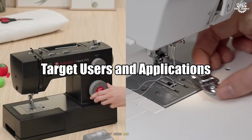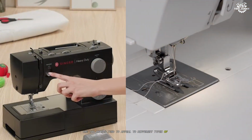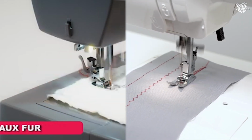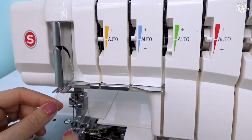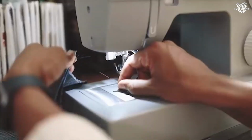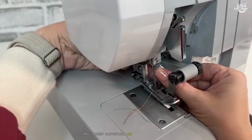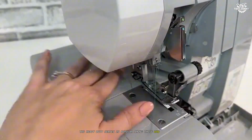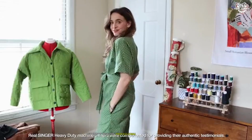Target users and applications. The two brands tend to appeal to different types of sewists based on their needs and experience levels. Singer machines are often recommended for beginners and occasional sewists due to their affordability and ease of use. They're suitable for basic sewing tasks, simple garment construction, and light crafting projects. The Heavy Duty series is popular among those who need to sew through thicker fabrics occasionally, but don't require professional-level